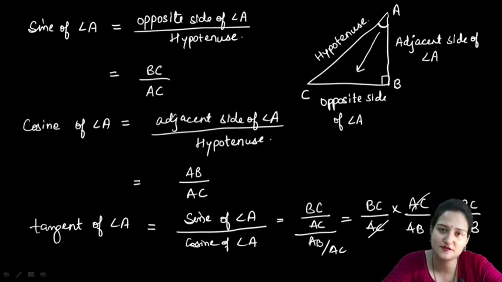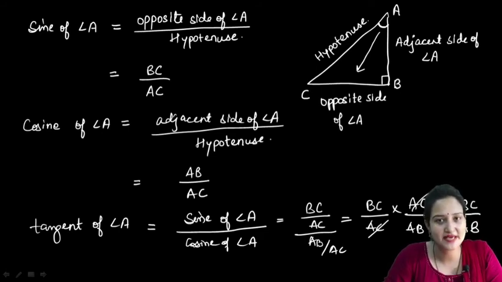Similarly, for the rest of the three trigonometric ratios, we will do the same trick, that these are the reciprocals of the first three. So I hope you get the concept of these trigonometric ratios: for whichever angle we have to find the ratios, the opposite side will be considered as the perpendicular side and the adjacent side will be considered as the base. For sine we will use perpendicular upon hypotenuse. For cosine we will use base upon hypotenuse, and for tangent we will use perpendicular upon base.